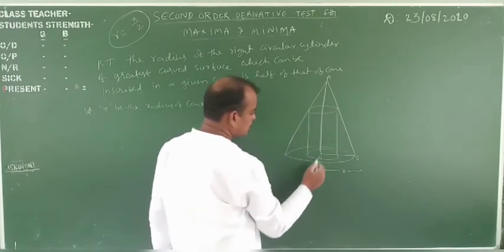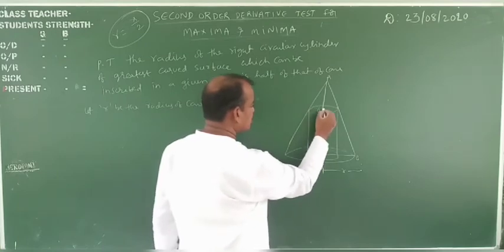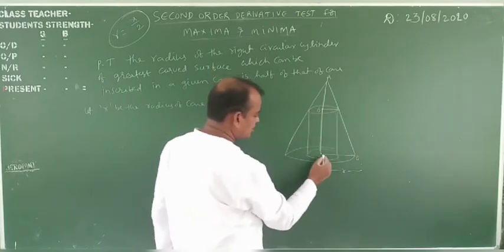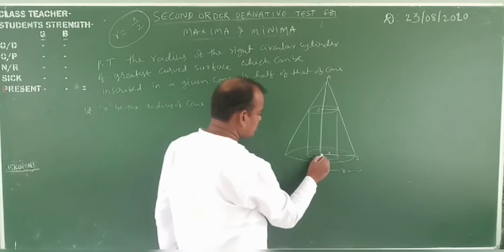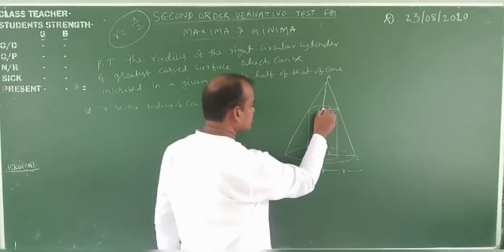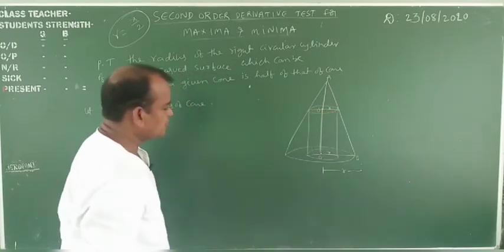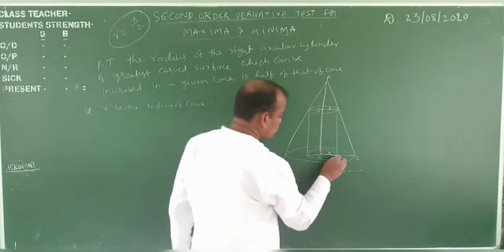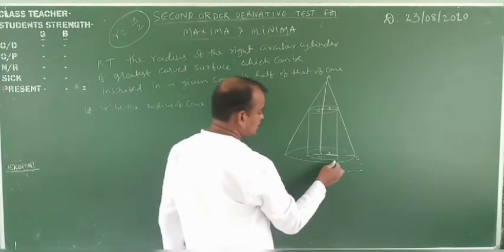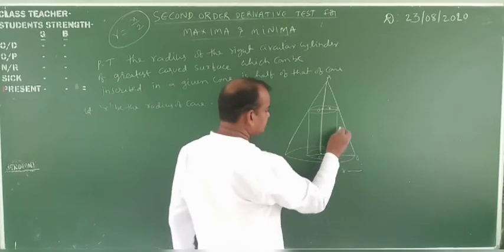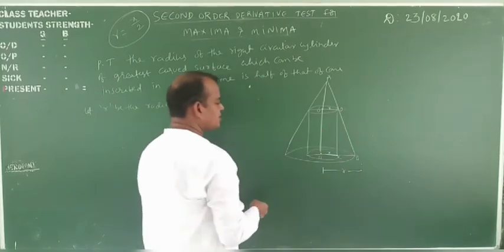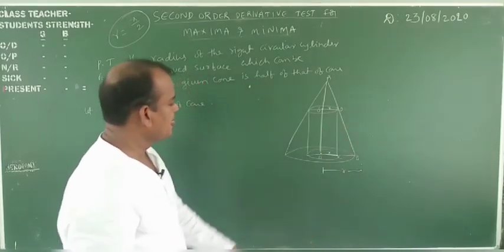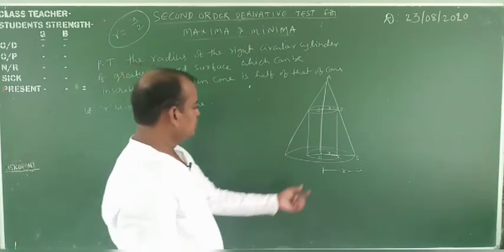This is the cylinder. This is O, here O dash. Here the radius, this is already O, means this is the radius. This is x, this is also x, this is also x. Suppose this is O, A, O, B, and here B, C, D. O, B, C, D is the radius.